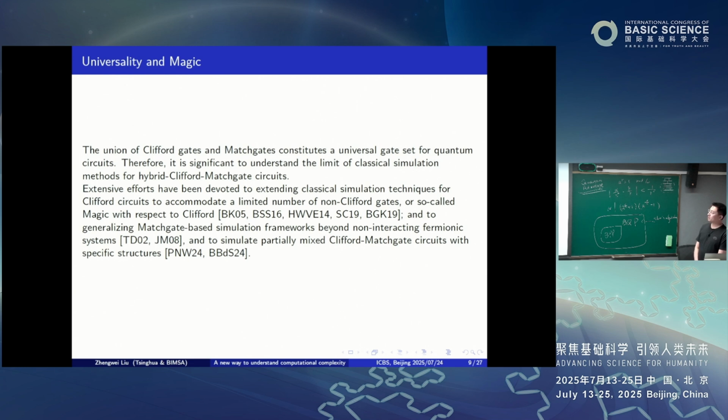So people are trying a lot to understand, since we not only want to understand what circuits can be simulated classically, we want to understand general circuits, like Shor's algorithm. It involves many other gates. We want to understand whether those general algorithms have classical simulation or not. So we need to consider those hybrid circuits of general gate sets, which is universal.